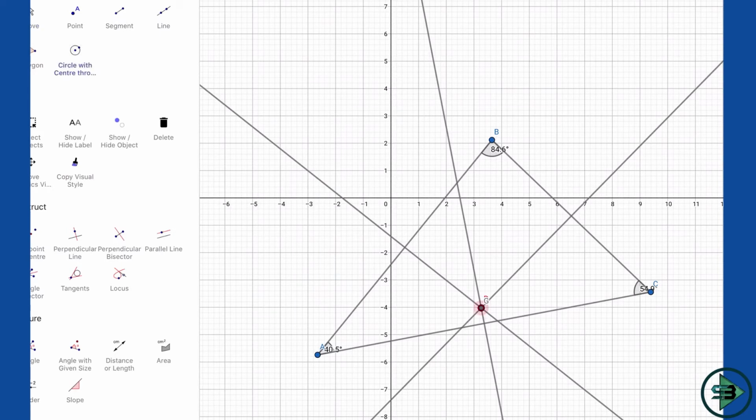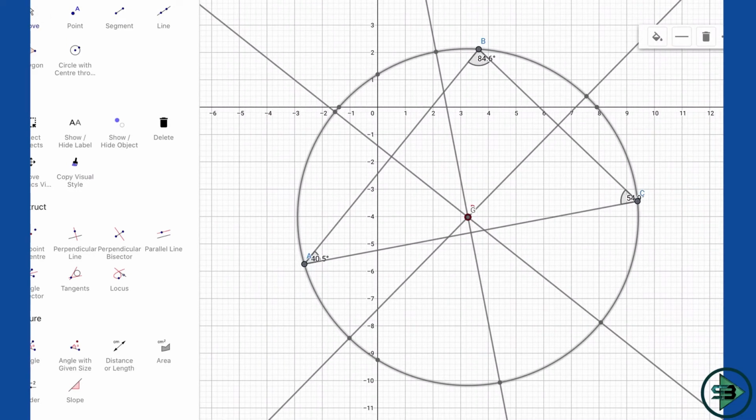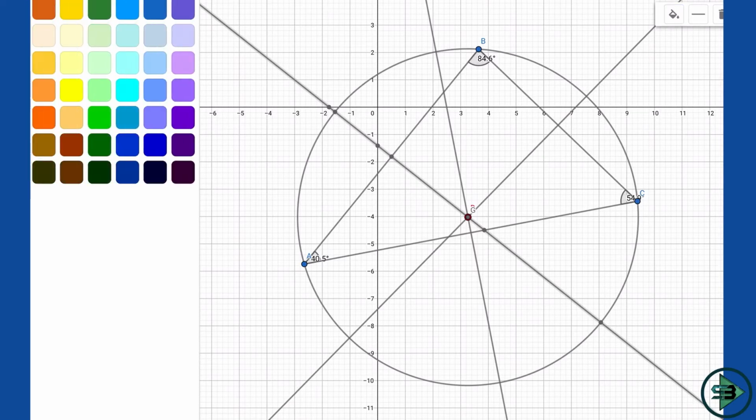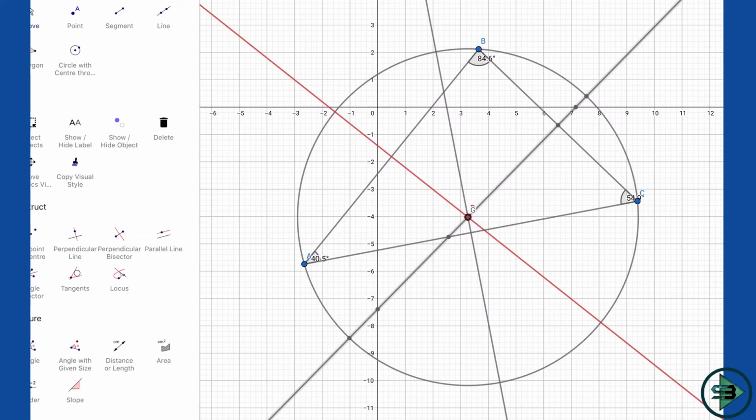Okay, and from this I'll draw a circumcircle. So this is the center. See, exactly, I got a circumcircle. From the perpendicular bisectors I got an exact circumcircle here. Okay, and let's put a color to this as well, so that we are able to recognize our perpendicular bisectors, because now we'll be drawing many others as well.